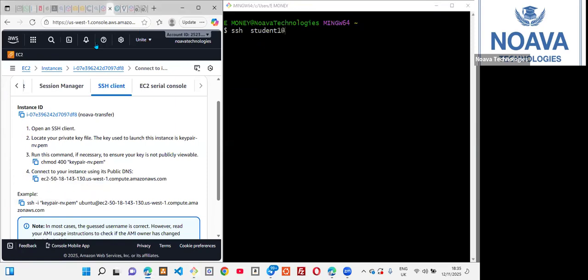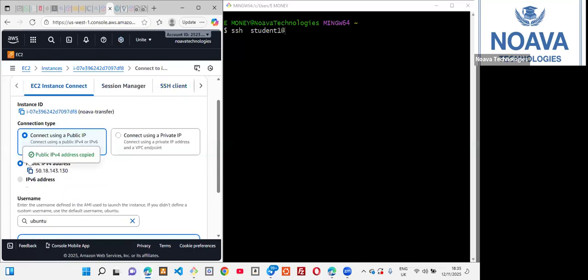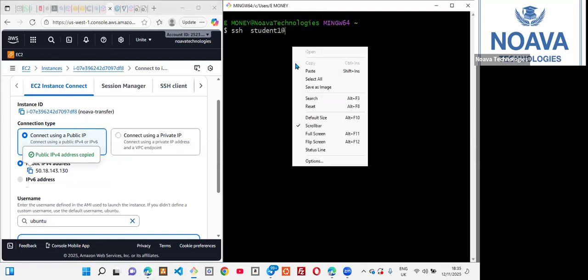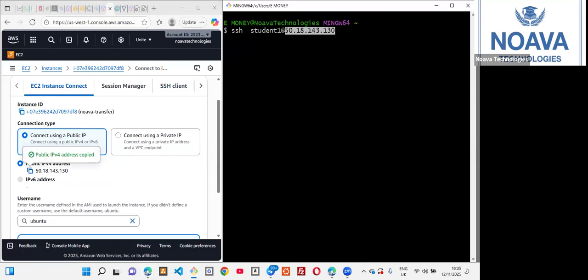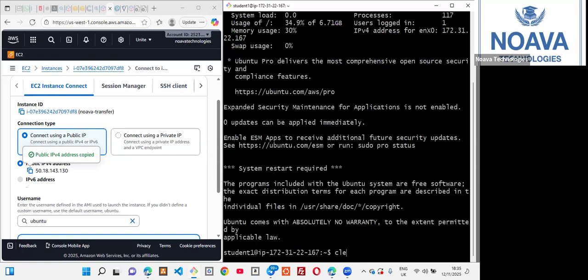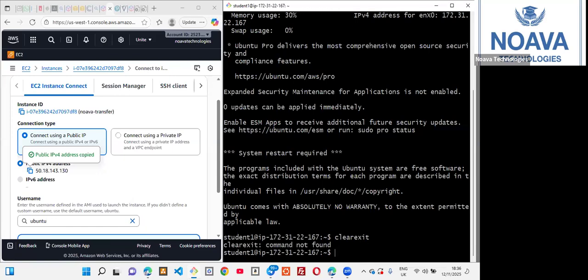So what do we copy? We look for the public IP address, then paste it there. So this becomes the format of login. As you hit enter, you'll be prompted to insert the password, 2025, and you are able to log in. So what you need to do is just create a password and you'll be able to log in. Even if I exit,